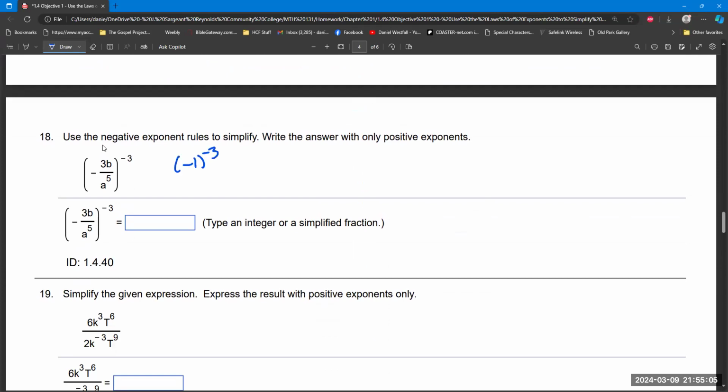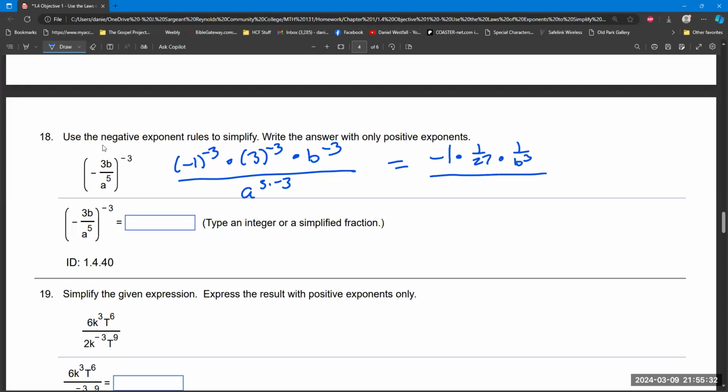Negative 1 to the negative third times 3 to the negative third times b to the negative third over a to the 5 times negative 3 is going to be a negative 1 times 1 over 27 times 1 over b to the third over